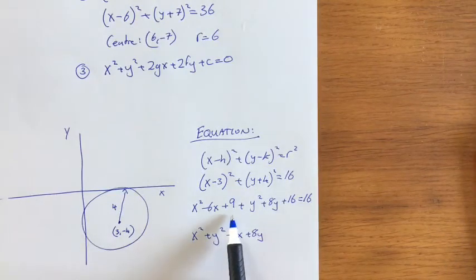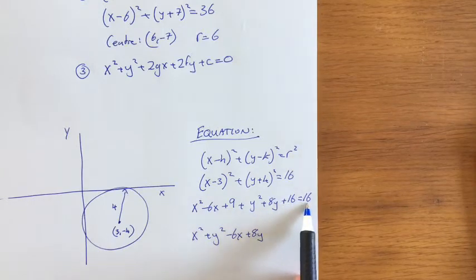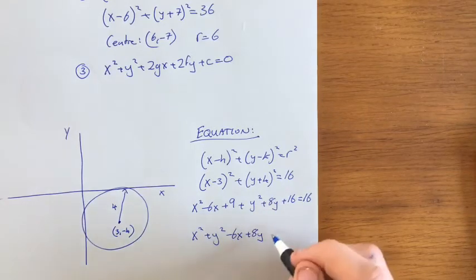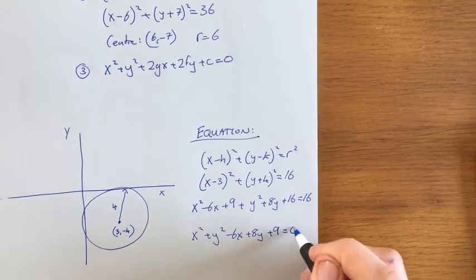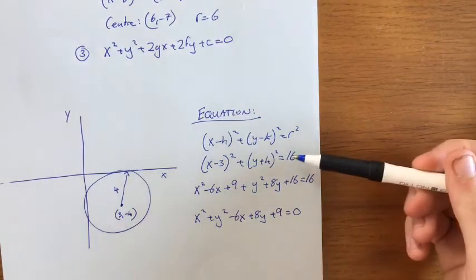So as you can see here, we're going to have 9. Right, but then this plus 16 and this 16 will go, because this 16 will come into a minus. So really it is just plus 9, and then it's equal to 0. So that is that done now. We did have it in this format,